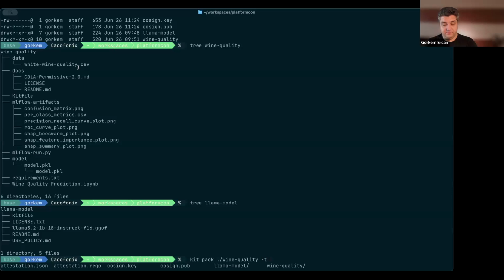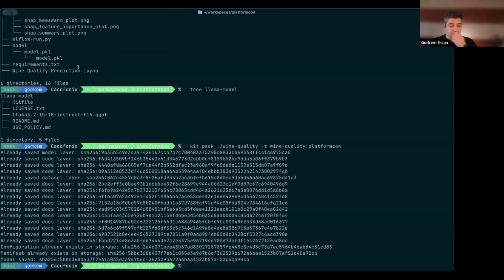Let's give it a name, a tag. Okay. And once we have this, it should go and package it. It did package it, but of course it said, oh, I already have that layer. So one of the interesting things about Kit is it never duplicates data.